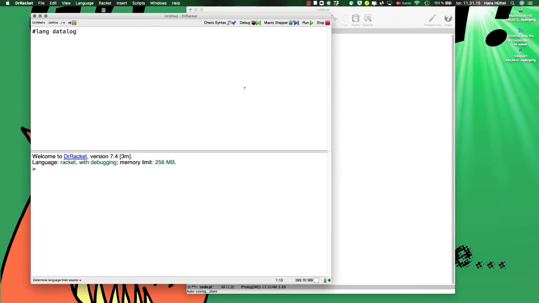One way of seeing the difference between Datalog and Prolog is by looking at a small example that behaves differently in Datalog and Prolog. Here it comes. It's our favorite graph example, a graph with 3 edges, an edge from A to B, an edge from B to C, and an edge from C to D, and a path predicate that tells us if there's a path